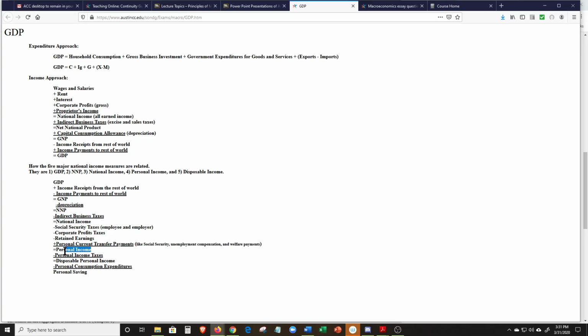income. Now, personal income is income from all sources, whether it's earned or unearned. In other words, it may be a transfer payment that someone gave them. And really, there's not a great deal of difference between these two, but conceptually, they're different. And then from personal income, we need to subtract personal income taxes,